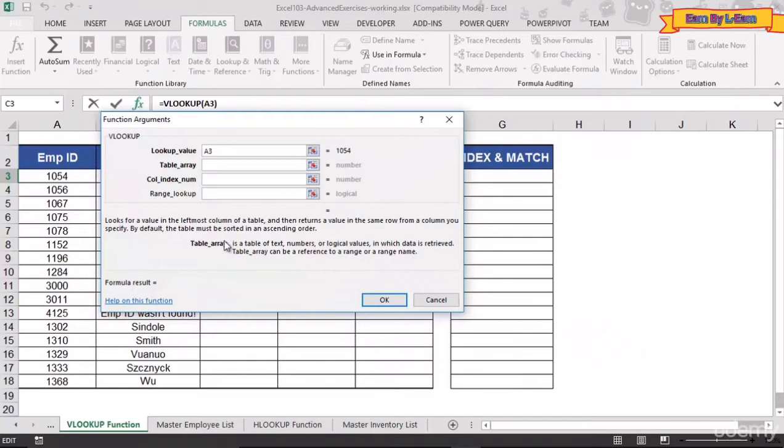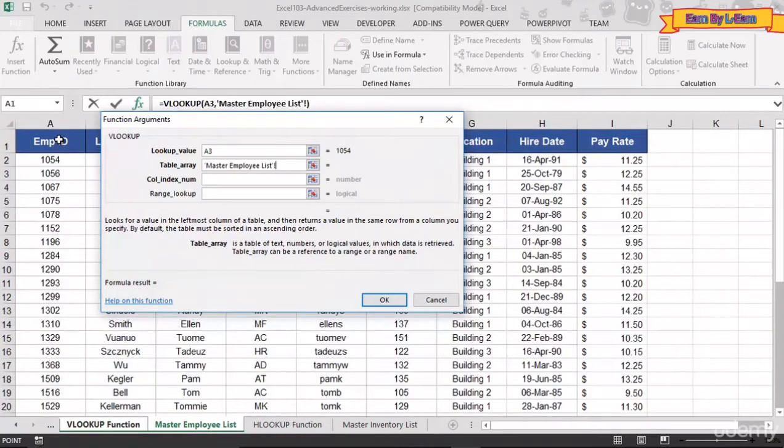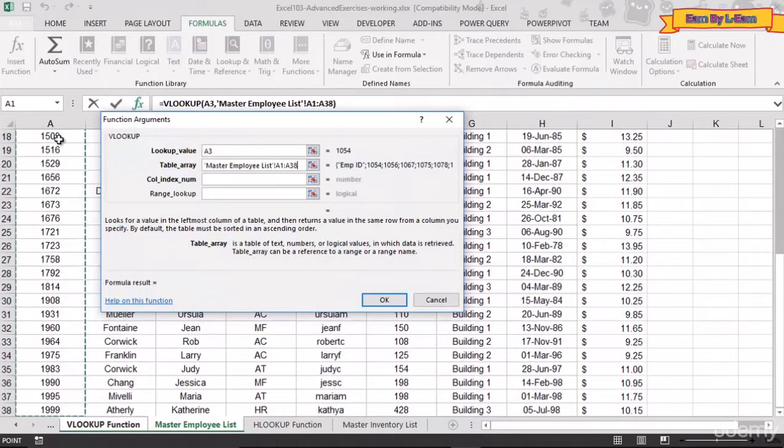Well, table array, I'm going to go down to master employee list, and I'm going to grab this entire list here. Starting in A3, then I'm going to do Control-Shift down arrow on my keyboard. This will grab that entire column, and then I'm going to do Control-Shift right arrow. I'm going to grab the entire list from A1 to I38. So we've got the value you're looking for. We've now told it where to look for it. And by default, a vertical lookup looks vertically through the first column of the table array, the list that you